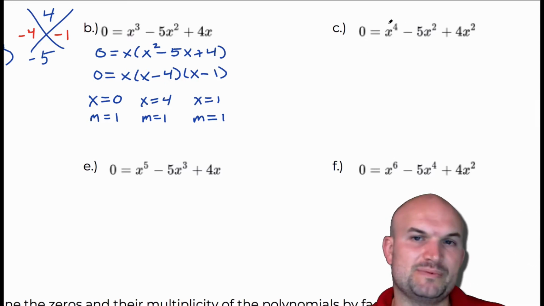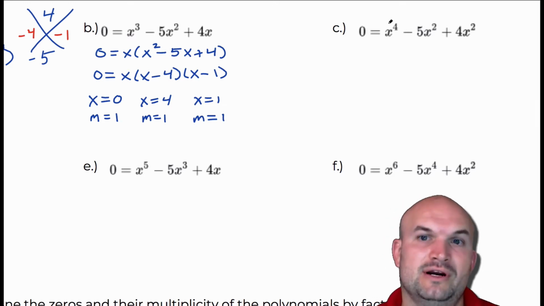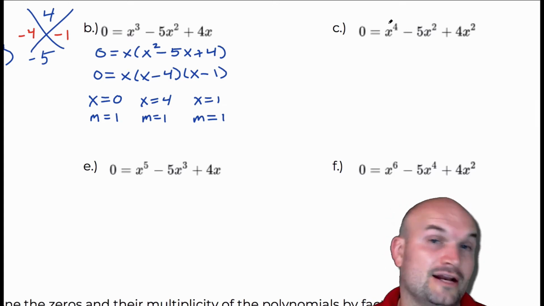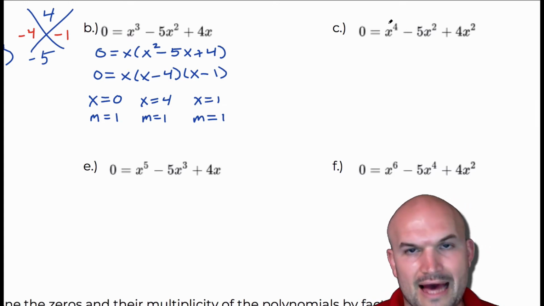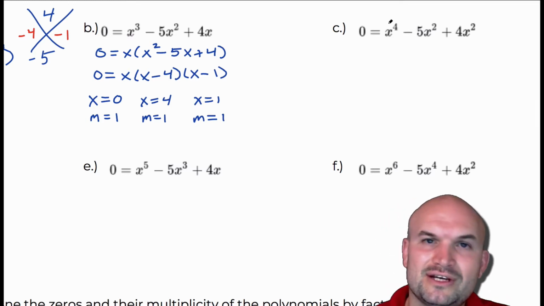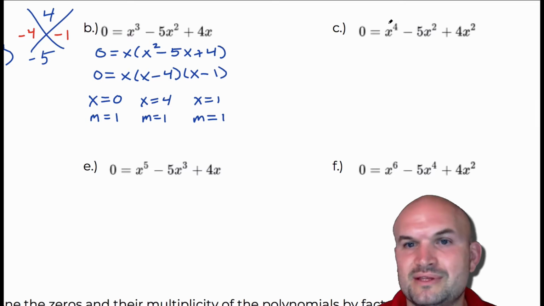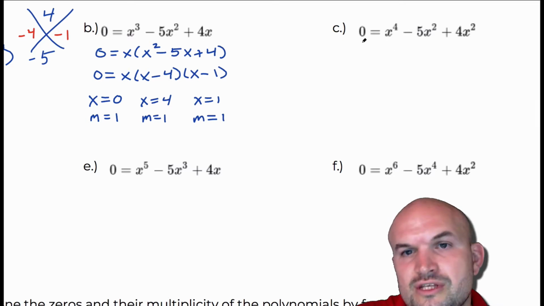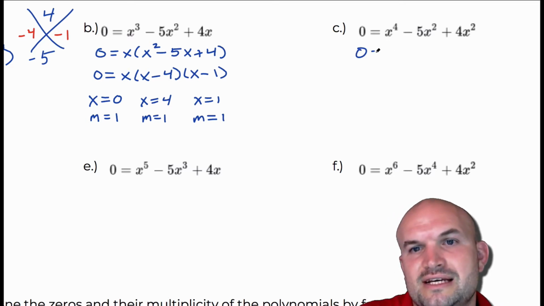Don't be confused because you see something raised to the 4th power and it says to factor it or to solve. I'm like, I don't know how to do that. Well, yeah, we don't practice a lot with 4th power, so look into ways to simplify it to something that you're more comfortable with, which is usually going to be the case. So in this case, I can factor out an x squared, and then I'm left with an x squared minus